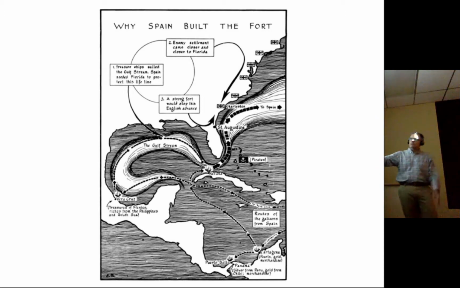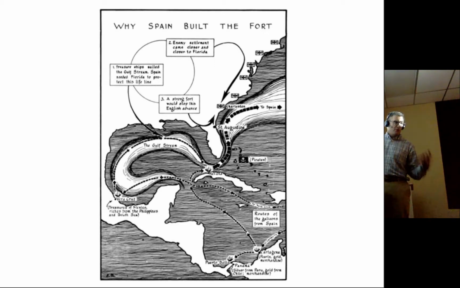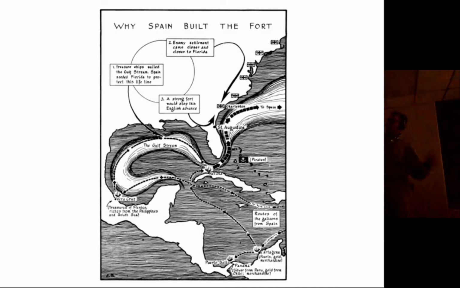So where is the gold coming from? The gold is coming from the Valley of Mexico, and everything in the Spanish system is very centralized. So just like the Romans, the Spanish ship everything out of Veracruz. So Veracruz is the port, and from Veracruz is where all of the Spanish galleons, these big, heavy, gold and silver laden ships, are moving the capital, in a sense, the money from the Aztec Empire